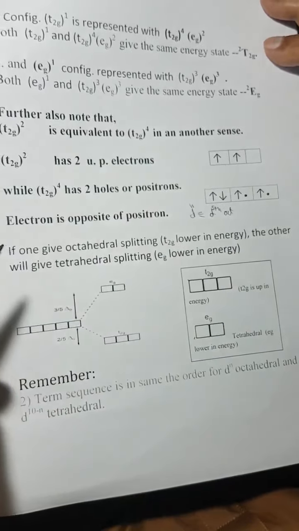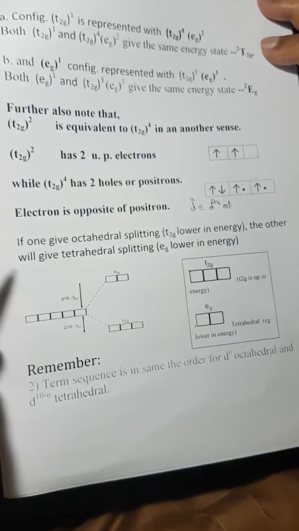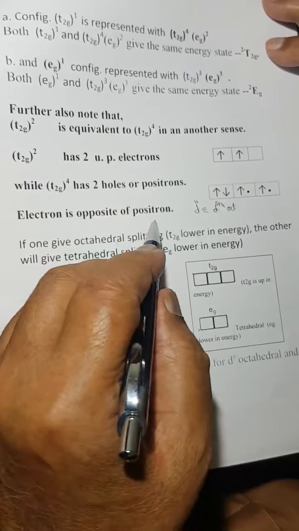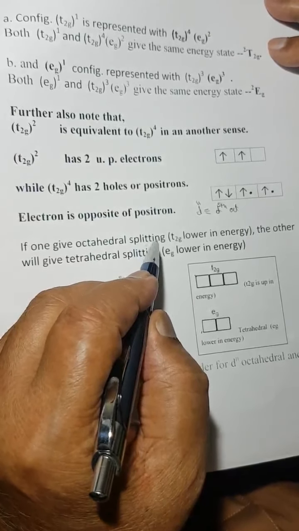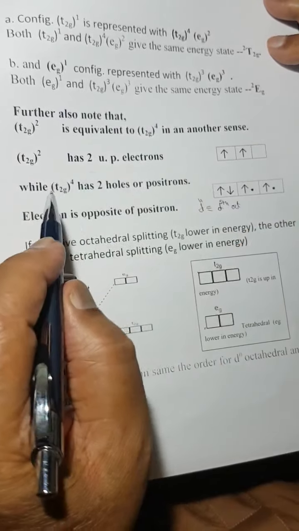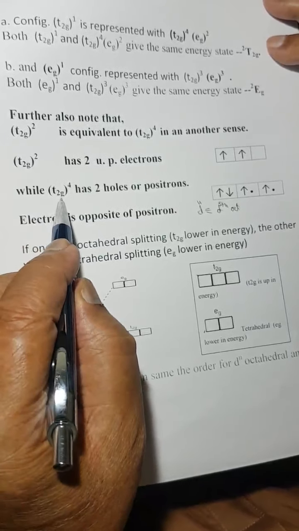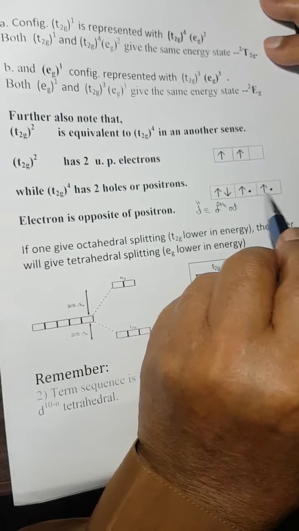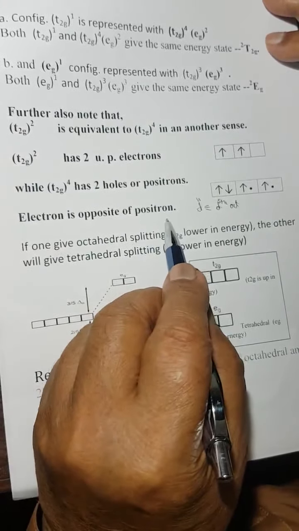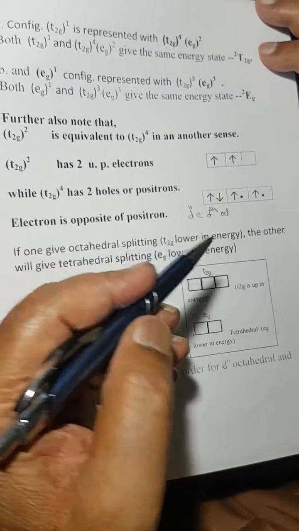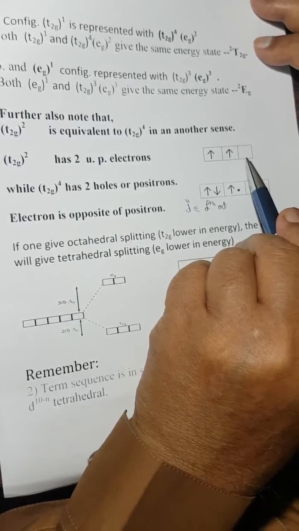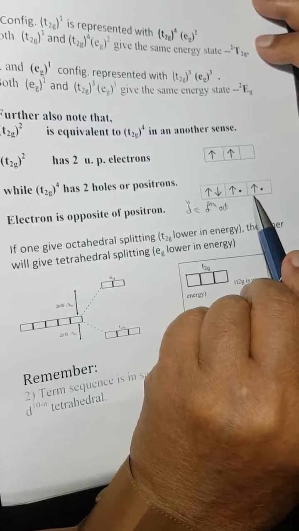Now here is another important thing. I think you know that an electron is the opposite of a positron. Consider T2g. In T2g there are 2 electrons, while T2g4 has 2 positrons. So electron is opposite to positron, so it will be reversed. Whatever is the octahedral diagram for this will be suitable for